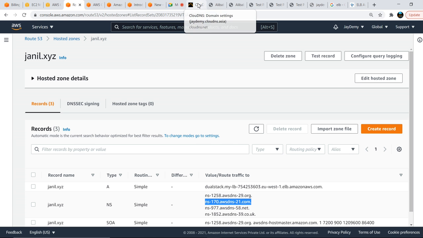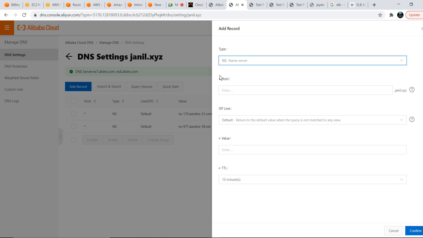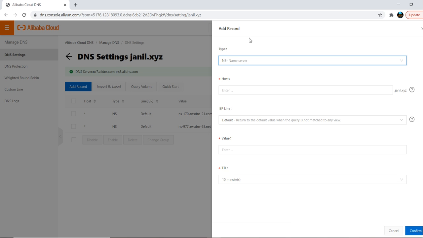Copy, and Ali Cloud, right? Ali Cloud 170 is there already, so it won't work. 128 is not there, so we will add this one. Copy, and yes, name server you need to choose. Enter the value. Okay, value we have given, just confirm this. Host: without host it won't work. This resource record is required. Okay, what we will do, just give the star here. Okay, just confirm.